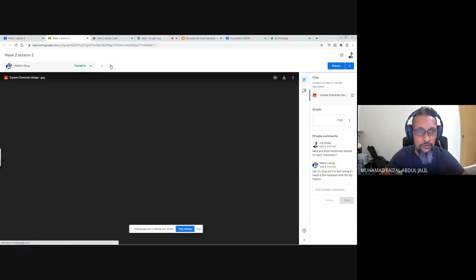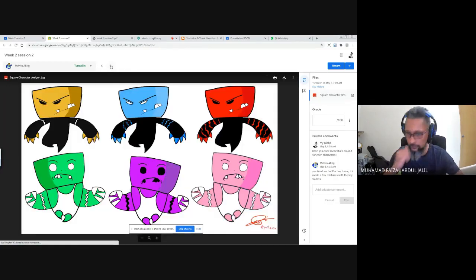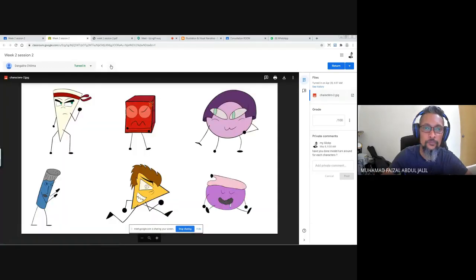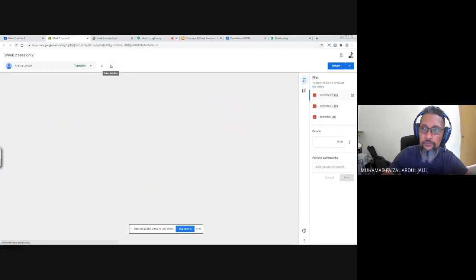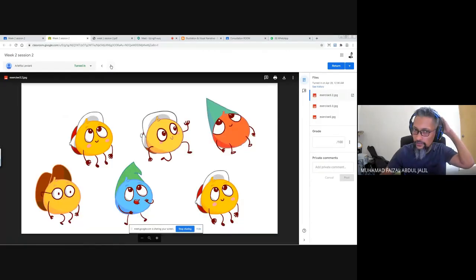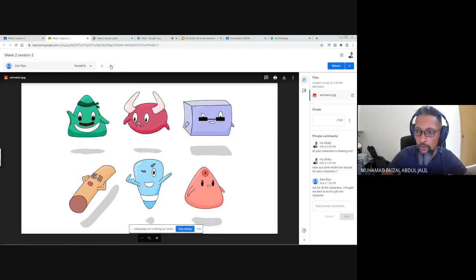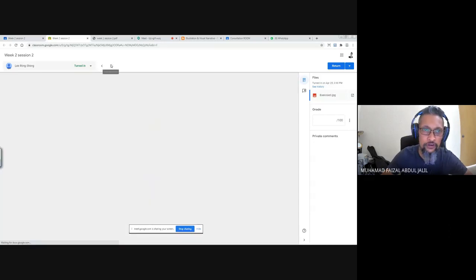So this is some of the characters that the students have explored during the process of using Adobe Animate or Adobe Flash, using the brush tool or shape tools to design those characters.